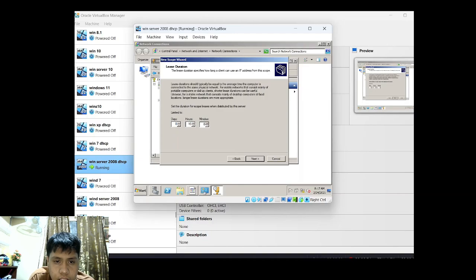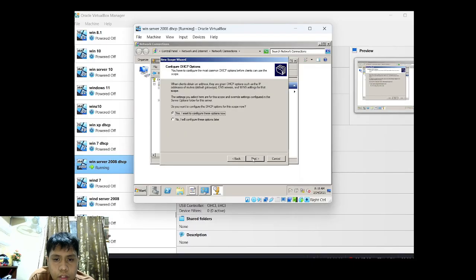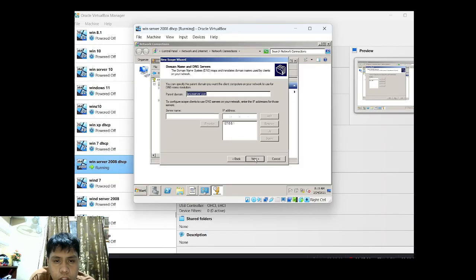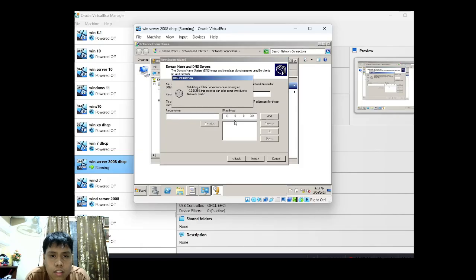then this is 0, the hours is 16, then next, option, yes, next, then the IP address is 10.0.0.254, then add, then next, default, next, then remove, then change it to 10.0.0.254, then add, just wait here.